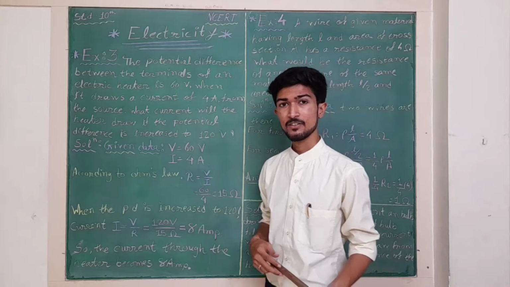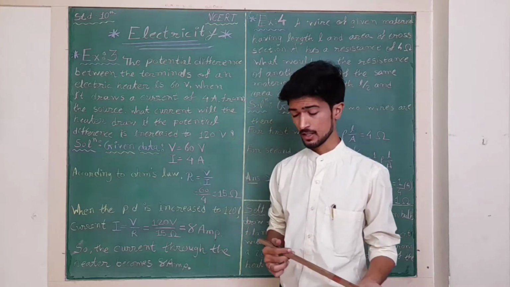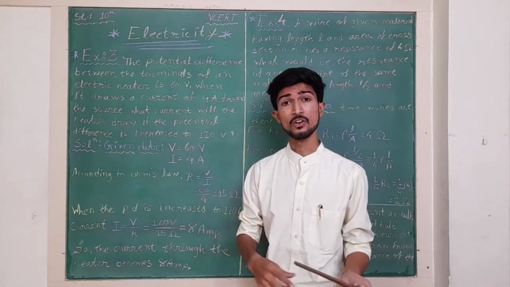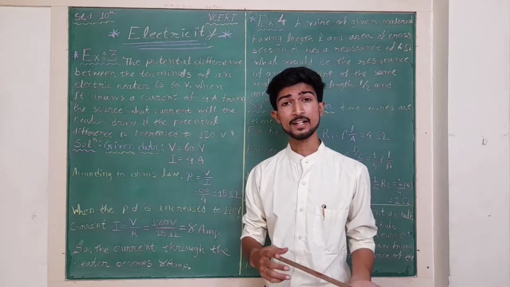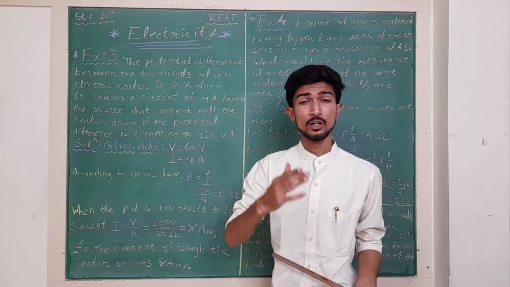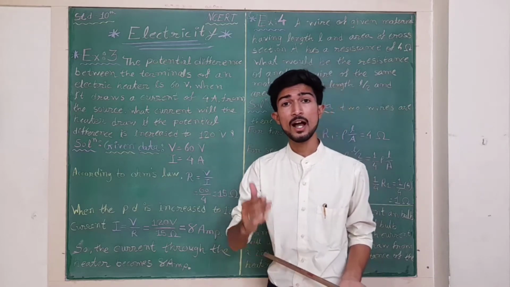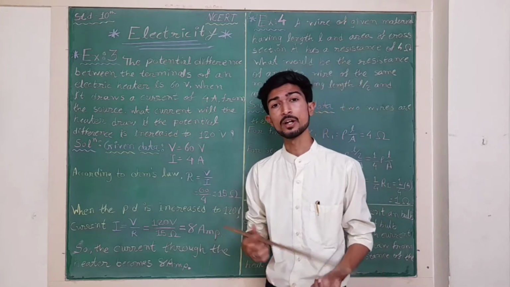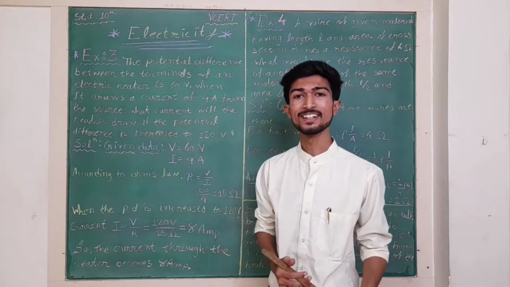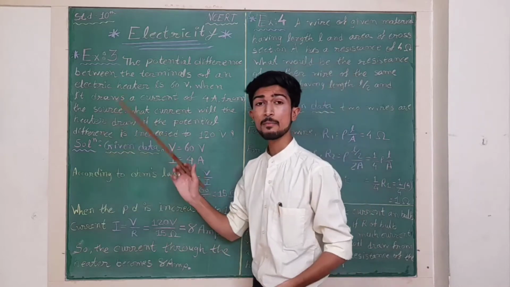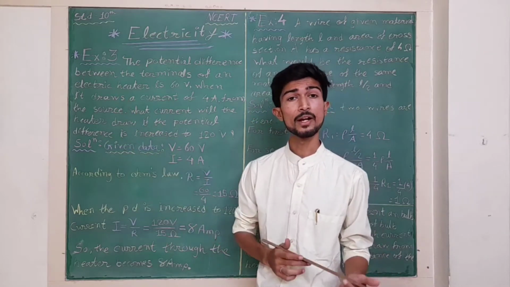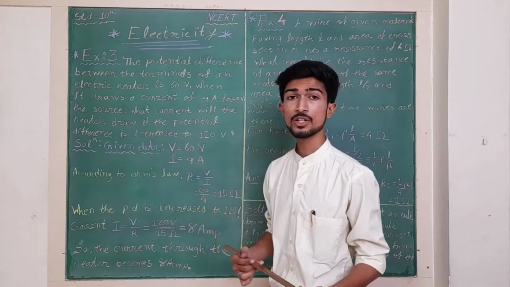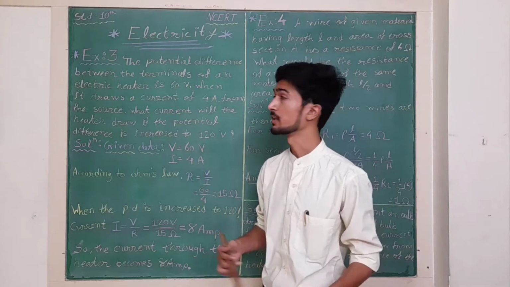Okay, let's start. First, read the question carefully, and as I have already told you many times, first of all you have to read the question carefully. After that, you have to note down the given data, and then you can relate the formula, and you will get the answer. So example number 3, we have discussed two numericals maybe. So it's number 3. Let's read the question.